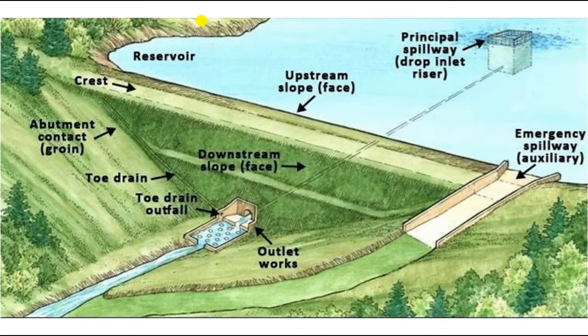is one in which the top of the dam is kept at a higher elevation than the maximum expected HFL. In a non-overflow type dam, water cannot overtop the top edge, and in an overflow type dam, water can overtop its top edge. A weir is one type of overflow dam.